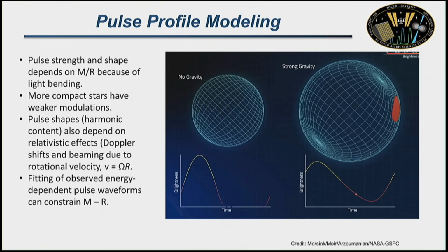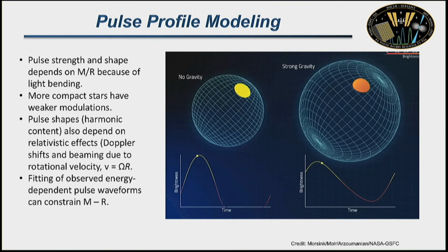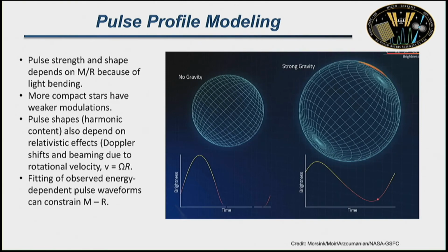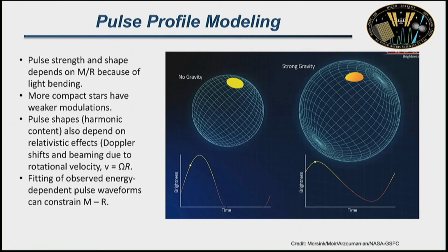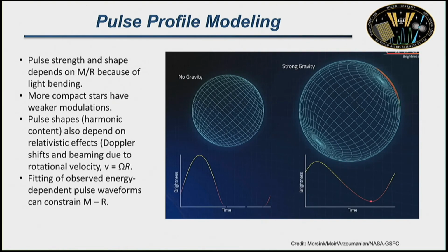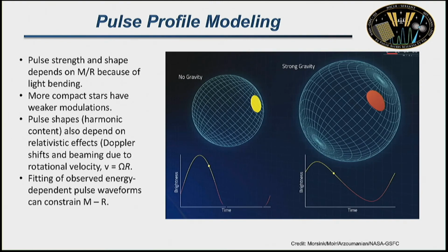How do you get the radius? Well, we know that there are hot spots on the surface of the neutron stars. In the millisecond pulsars, that's typically caused by return currents from the magnetosphere heating a spot on the surface. So you have a hot spot on the neutron star. Here's what a hot spot on a star looks like if there were no gravity. So you can see the spot gets occulted, it goes away. The light curve looks something like this. When you turn on gravity,